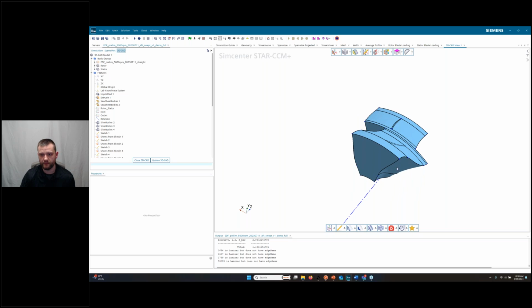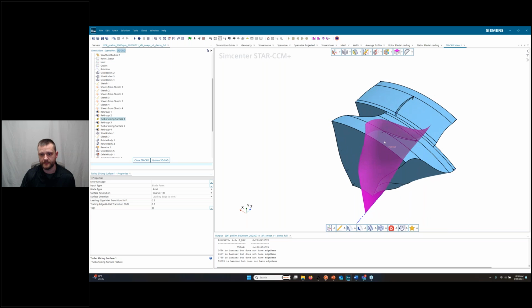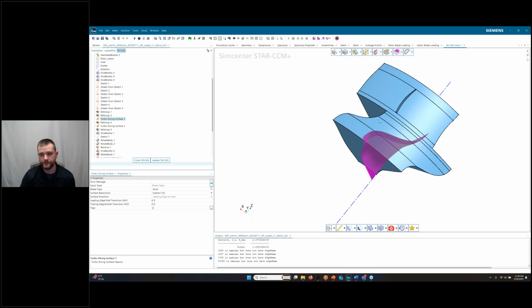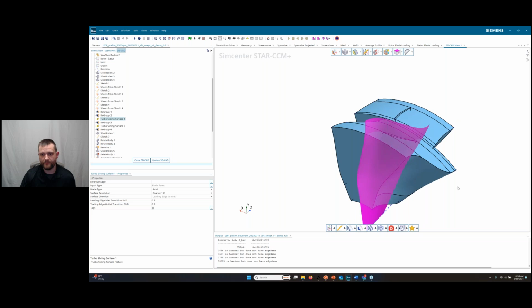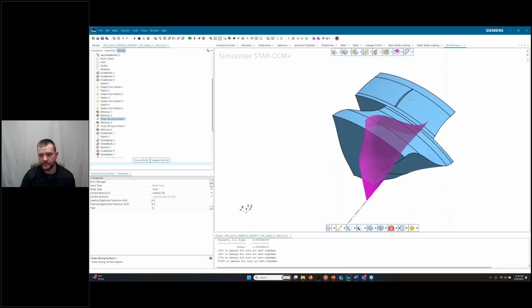Star also has a really nice tool for this, and it's called a turbo slicing surface. And I'll show that here. Essentially, what this does is it allows you to create a nice average surface of your turbomachinery so that you can pattern these at the correct angle that you need in order to create these nice periodic regions.